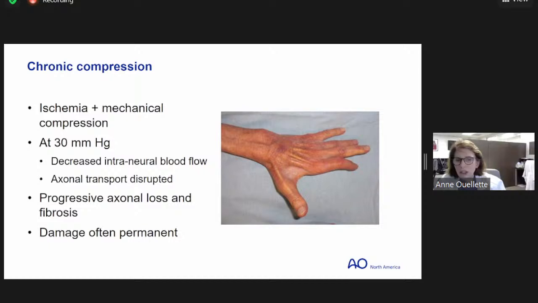It only takes 30 millimeters of mercury. So you can imagine if you've got a non-union or malunion, it's creating swelling, it's creating scar tissue, it's tightening down compartments, and that's enough to diminish intraneural blood flow and axonal transport. And so you get a progressive axonal loss and fibrosis, and the damage can be permanent if you just leave